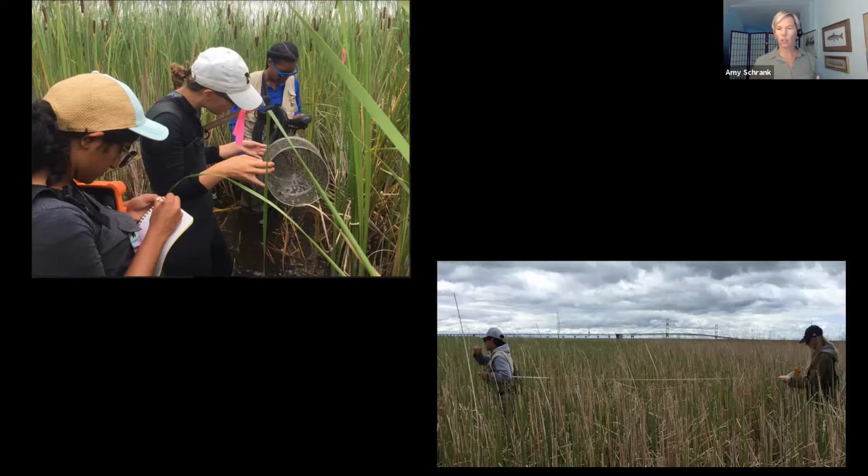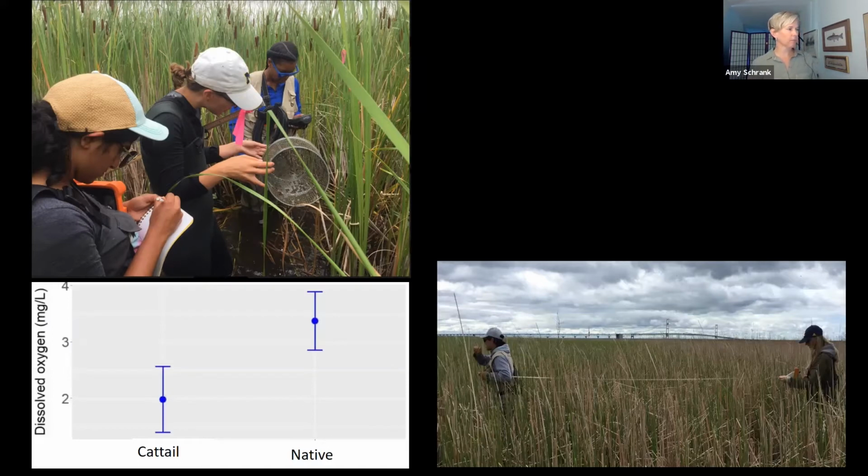We have done some research comparing fish communities in other regions between a native plant zone and a hybrid cattail zone. And I thought I'd just give you a couple of those background data so you can see what happens when hybrid cattail invades. So we've looked at dissolved oxygen in these communities. If you look at dissolved oxygen on the y-axis, and of course, oxygen is very important for fish populations, you can see that in cattail stands, so stands dominated by this hybrid cattail, oxygen tends to be lower than in zones dominated by native vegetation.